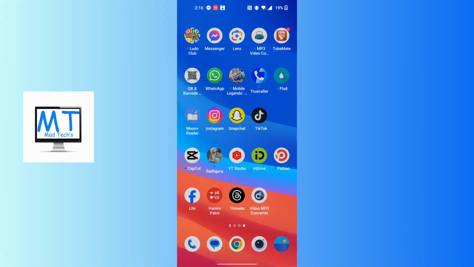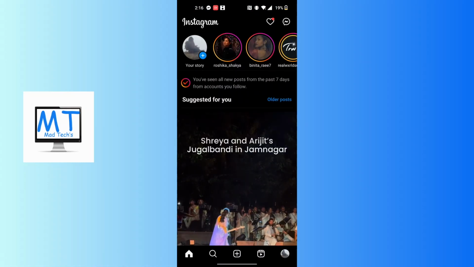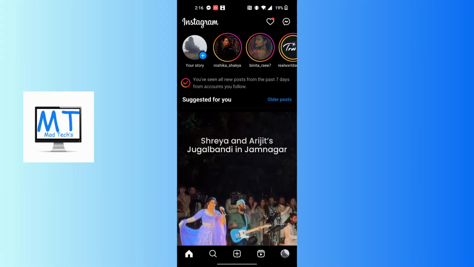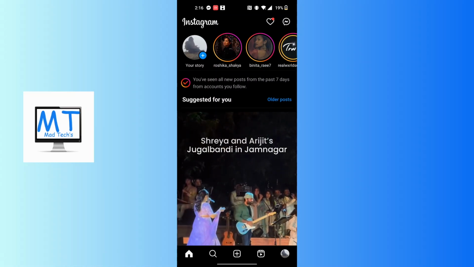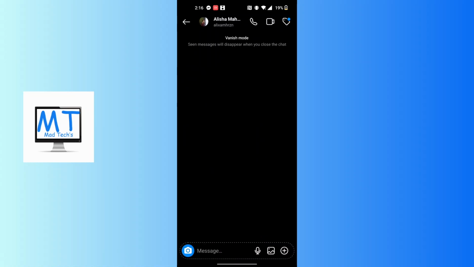Now to turn on vanish mode on Instagram, first open up your Instagram app and make sure to be logged into your account, guys. And now in order to proceed from over here, let's go to the messenger section of our icon. To do that, let's tap on the messenger icon at the top right corner of the screen, and now you can open a chat box of any friend whom you want to turn on the